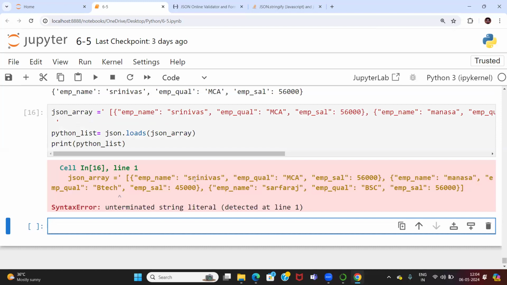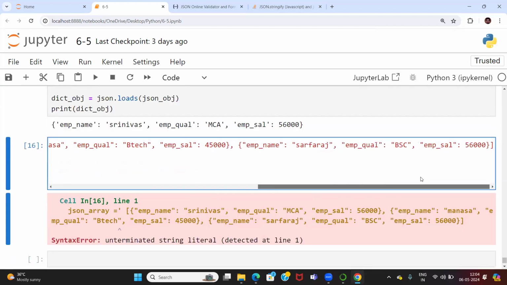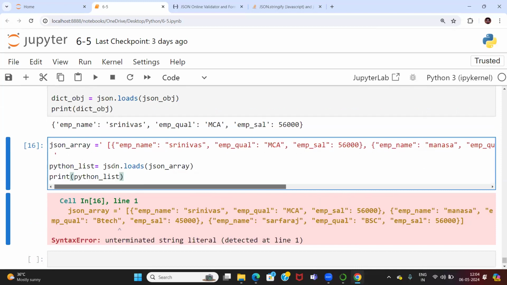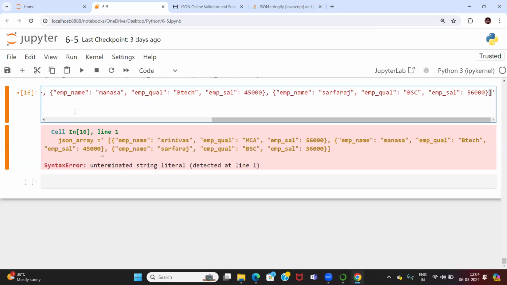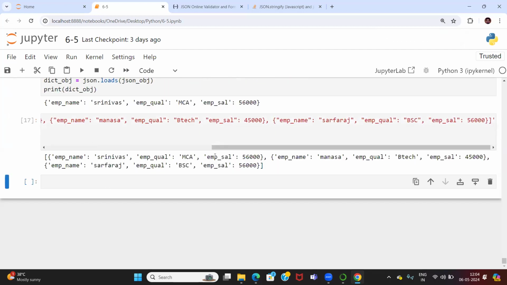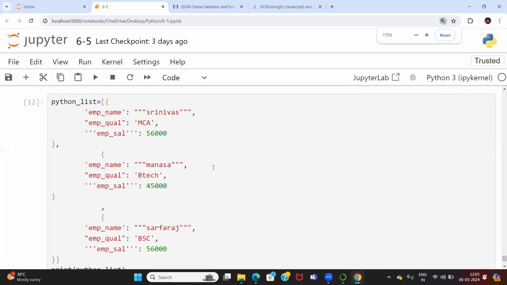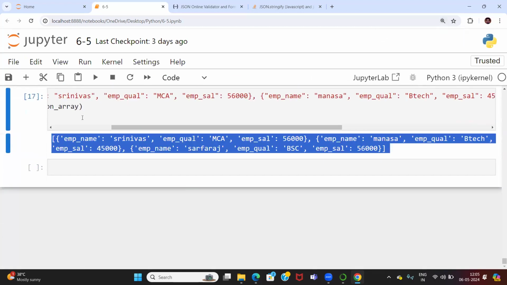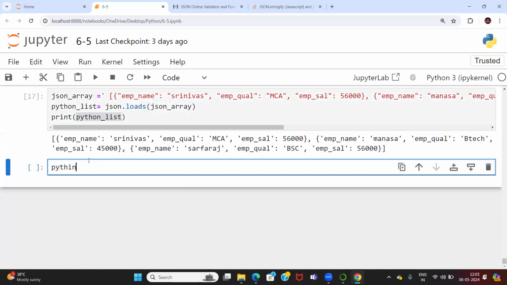It should go in the same line. Could not go with the double lines. Okay, now converted. Can you see down? This is now your Python list. Okay, so python list dot